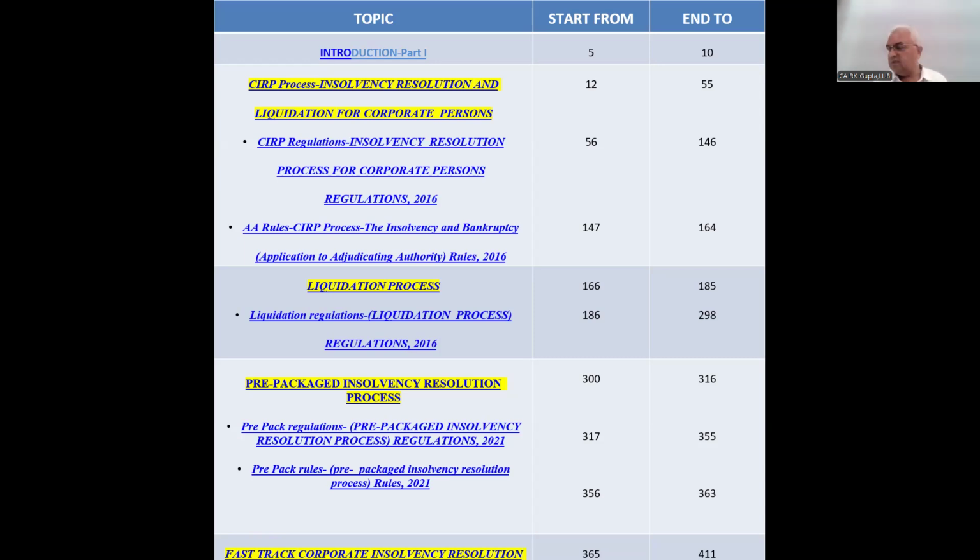You can go through this PPT, or if you are in the habit of reading from the book, then better take a copy of the book, say Taxman or Commercial, which has amendments covered up to 31st March 2023. But that may not be possible as of now, because whenever you go to the bookseller, he will give you a copy of the 2025 edition or 2024 edition. Then you have to ignore the amendments which took place after 31st March 2023. So better you download it from here. If you are in the habit of reading from the laptop, you can directly read from here.